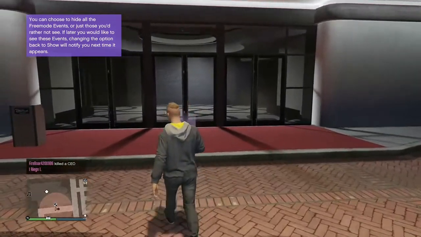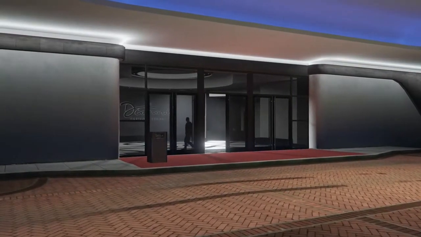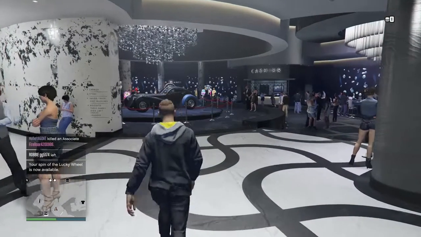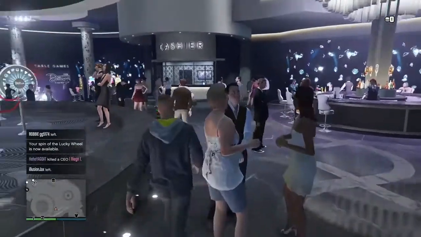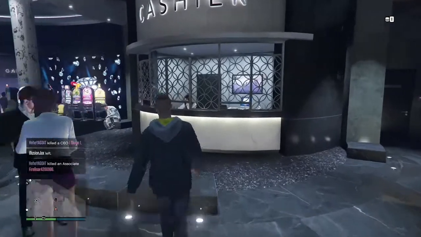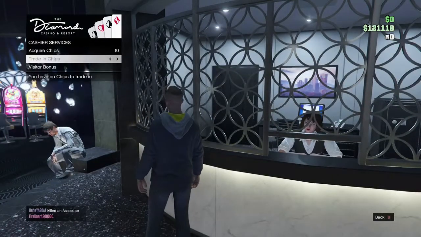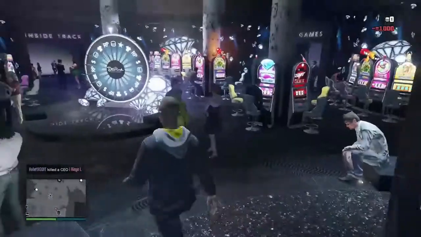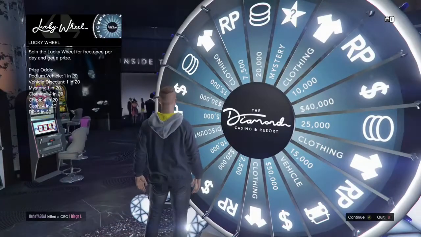I'm gonna start off here real quick, just going into the casino and starting off doing our wheel spin and getting our free tokens. Into the casino we are, guys. Gonna walk over to the cashier first, grab my free chips before grabbing my wheel spin. I'm gonna grab my visitor's bonus and just trade it in, get that quick 1,000 cash. And now come on over to the wheel spin and it's time to spin that